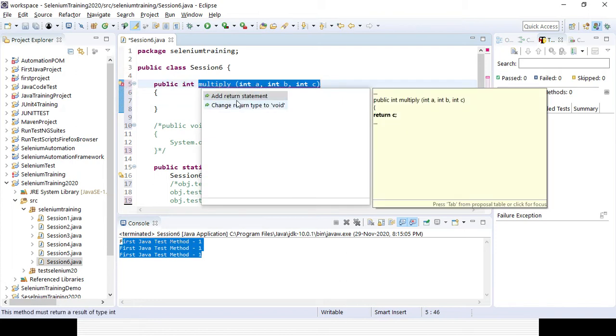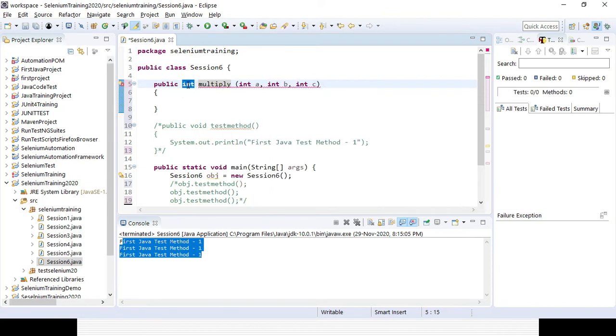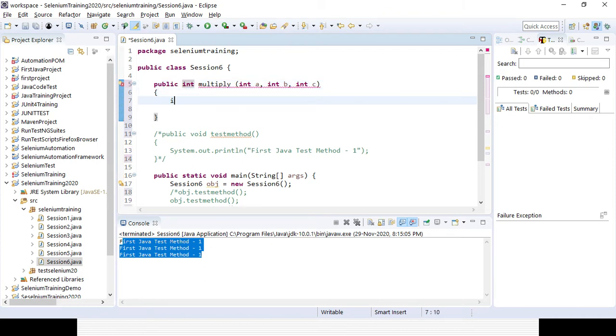Now you can see "add return statement". As and when you enter a return type for the method, you have to return something as well. So I will create a new variable, integer result, where I will store the multiplication of a, b and c: a star b star c.